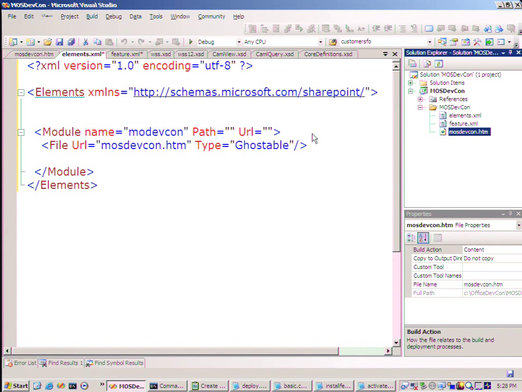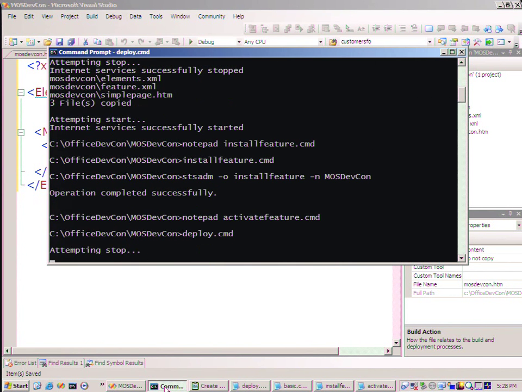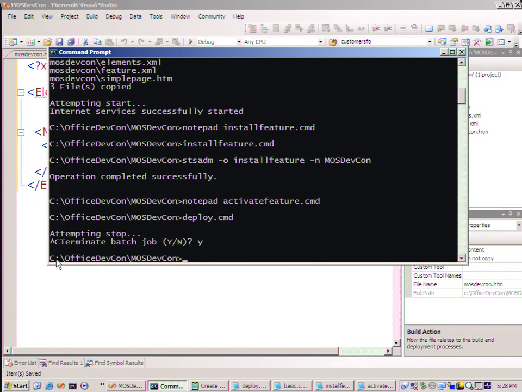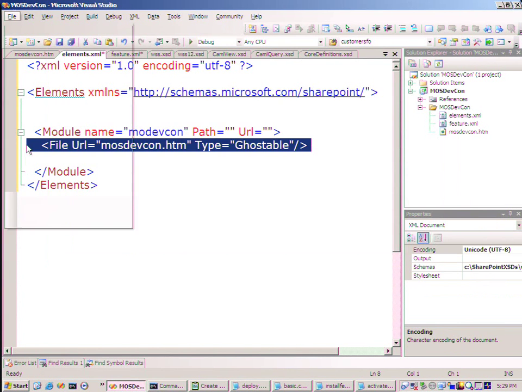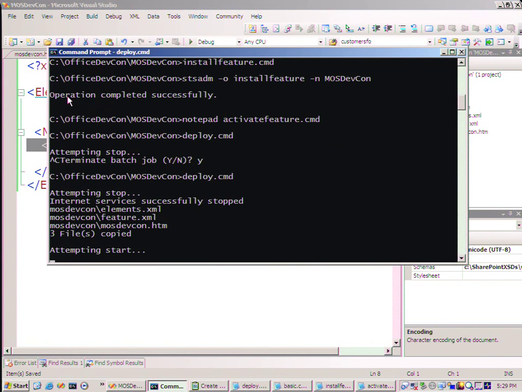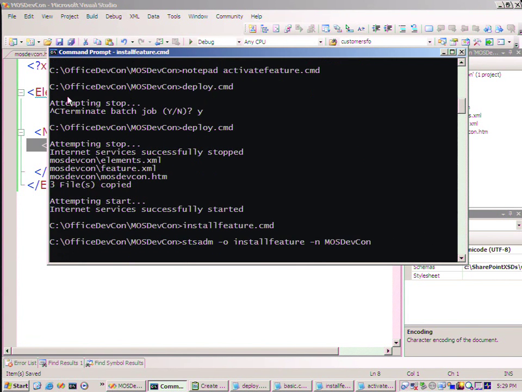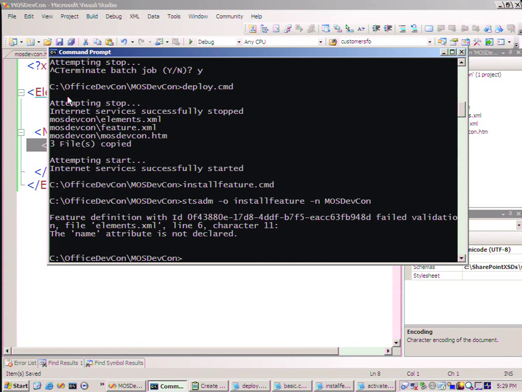OK. So now I'm pretty much done. Now I'm going to redeploy this. Oop. Let me save that. I didn't save it. I'm sorry. Let's save all these files, by the way. I'll deploy this again, run that batch file that I wrote earlier. I'll install the feature again, just to make sure that SharePoint knows all about it. And then I'll